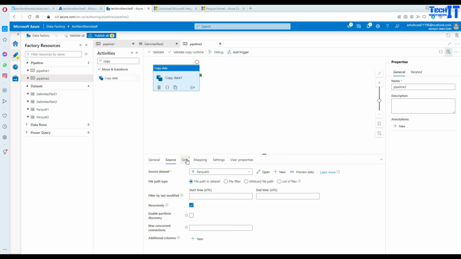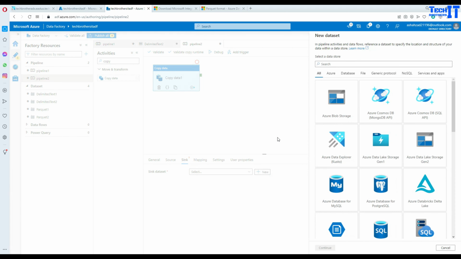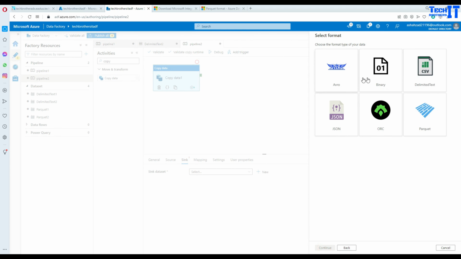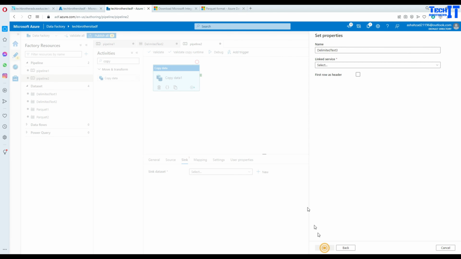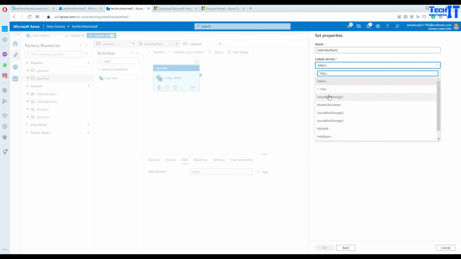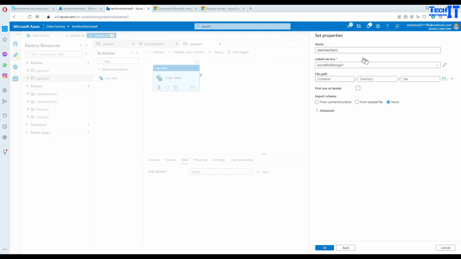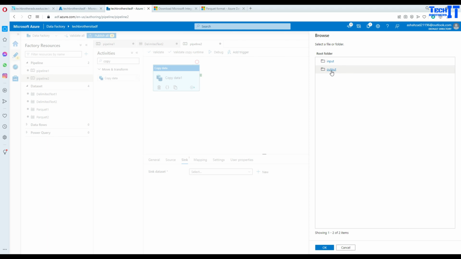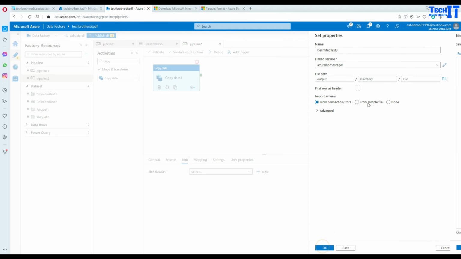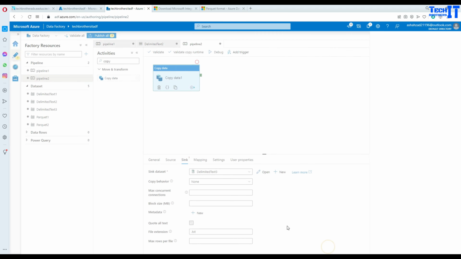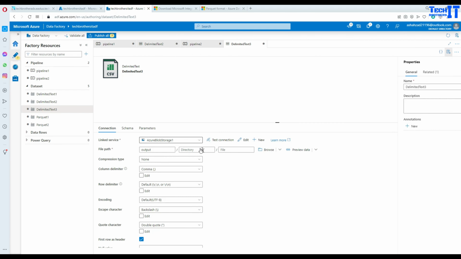And now in the sink, we are going to go to the blob storage, and I'm going to create a CSV file. Here I will go to any linked service because they are all pointing to the same blob storage. Hit next, in the output folder, and I'm going to say yes, it has a first row as a header. Hit OK, and now I'm going to give a name